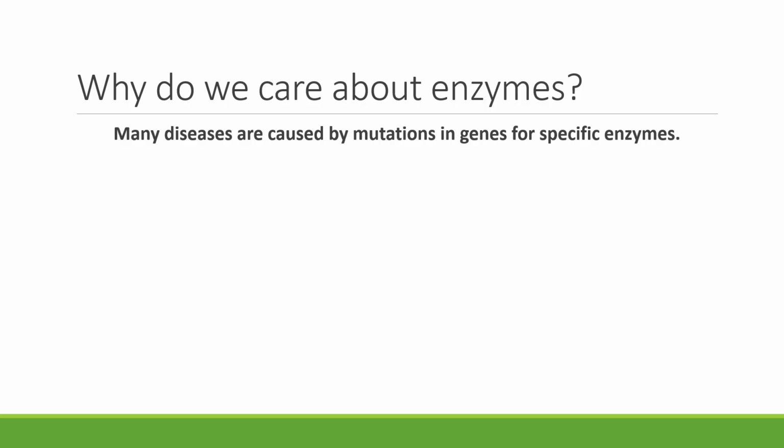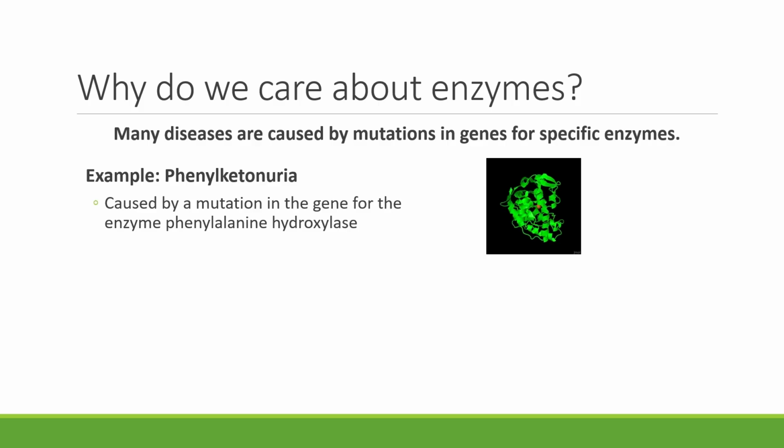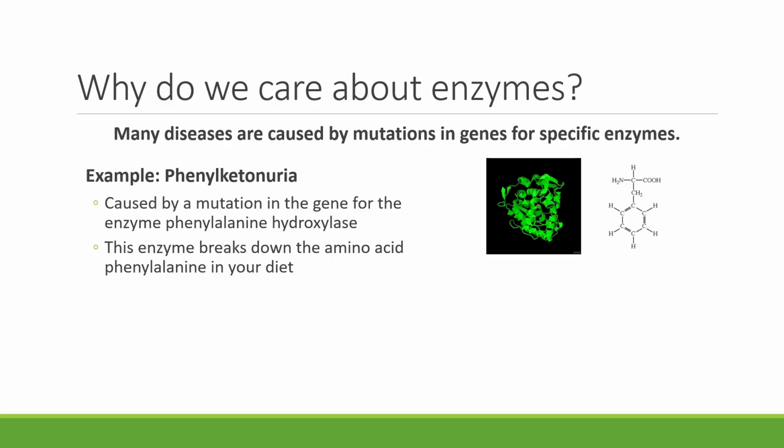One such disease is called phenylketonuria, or PKU. Phenylketonuria is caused by a mutation in the gene for an enzyme called phenylalanine hydroxylase, which is what you see represented here in this animation. And what this enzyme does is it breaks down the amino acid phenylalanine in your diet, the chemical structure of which I've just put in the upper right. So phenylalanine is one of the 20 amino acids commonly found in living things. You get it in your diet, your body has to break it down, and it breaks it down using this